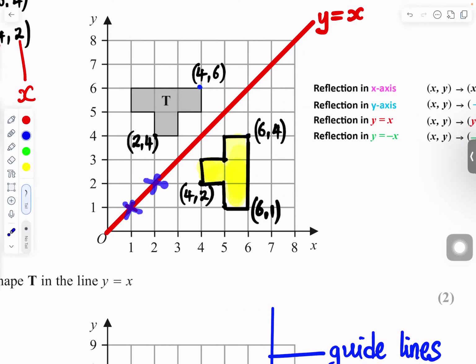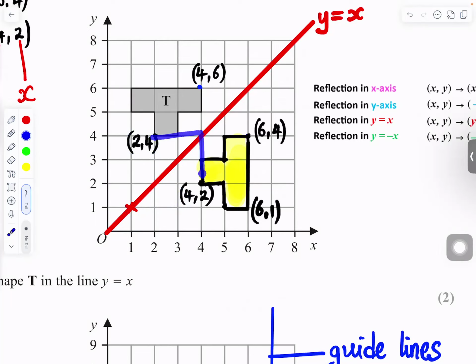If x is 2, y is 2. So that point there is 2, 2. x is 3, y is 3. x is 4, y is 4. Now let's pick one of the points on the gray shape. Pick that point there, 2, 4. 2 to the right, 4 up. 2, 4. When you reflect it